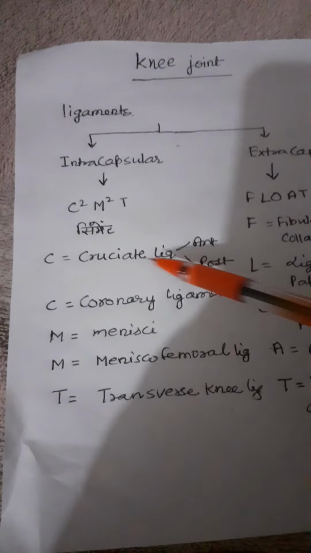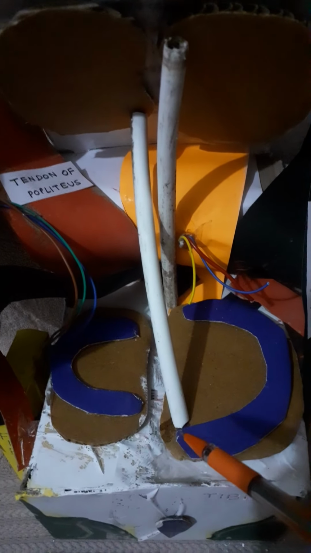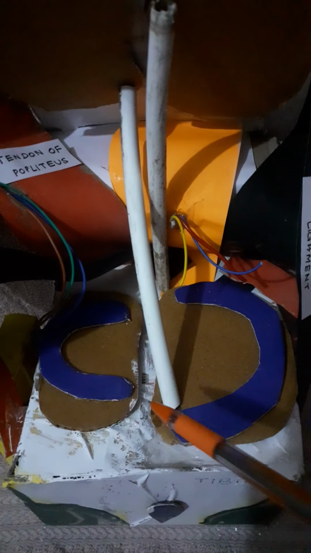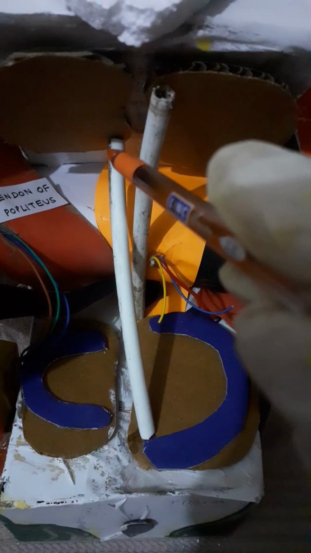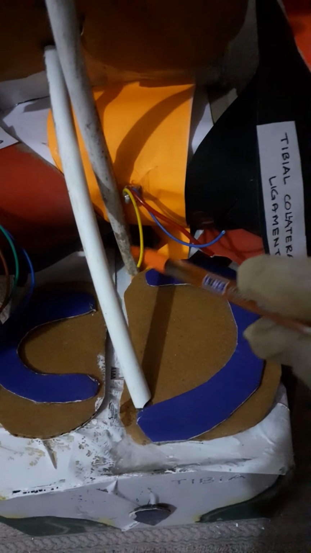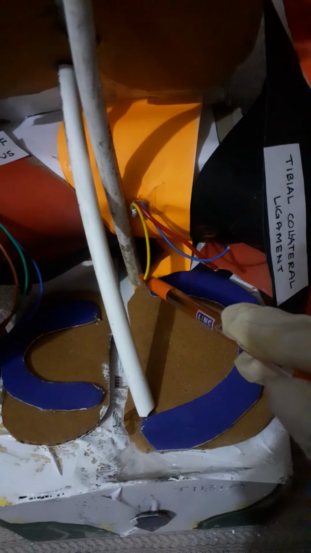Now coming to the intracapsular ligaments. First one is the cruciate ligament, anterior and posterior. Cruciate means cross-like, it looks like a cross. The name is according to its position over the tibia, so this one is the anterior cruciate ligament, even though it is going on the posterior aspect on the femur, it is the anterior cruciate ligament, and that one is the posterior cruciate ligament, which is on the posterior aspect